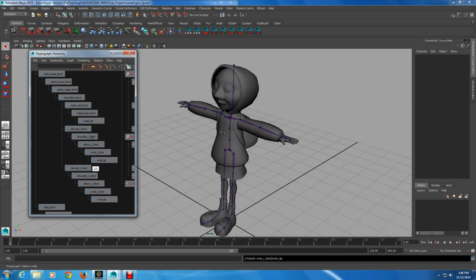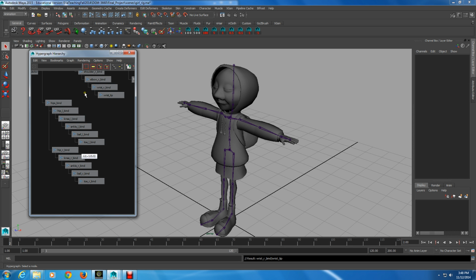Because we don't want these, these aren't going to be controlling any skinning information. Okay, so now I've got everything renamed,